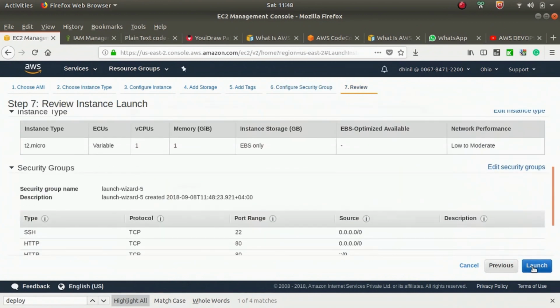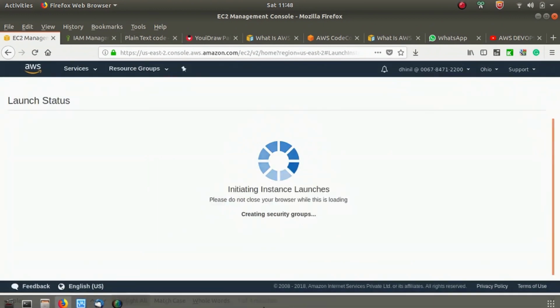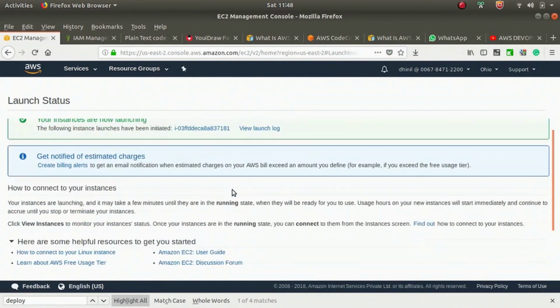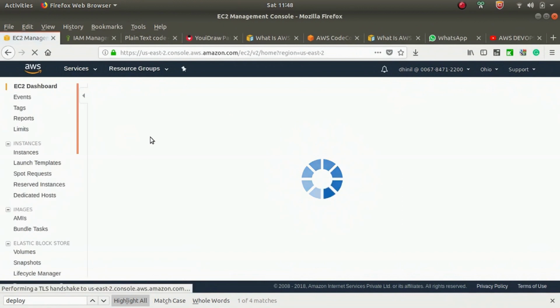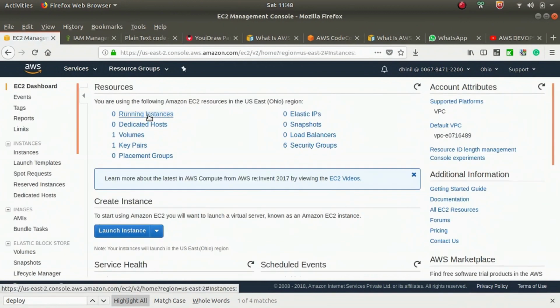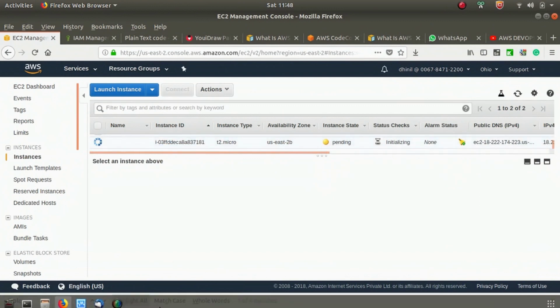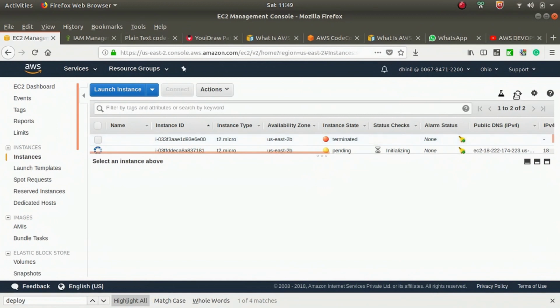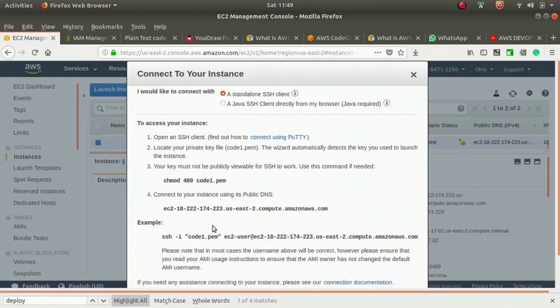Then launch that machine. Yes, it's now running. Just connect this EC2 machine first.